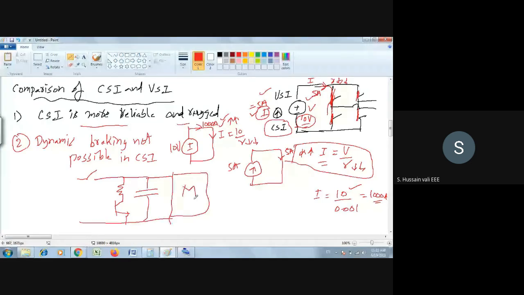What we have seen there is that, during dynamic braking, you turn on the switch, so the current will flow through this resistor. When the energy is flowing through this resistor, the energy will be dissipated through this, in case of the voltage source inverter. But coming to the case of the current source inverter,